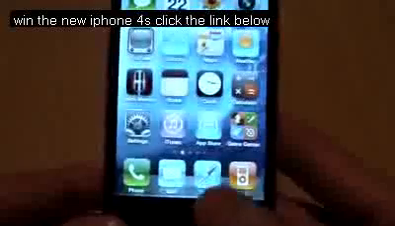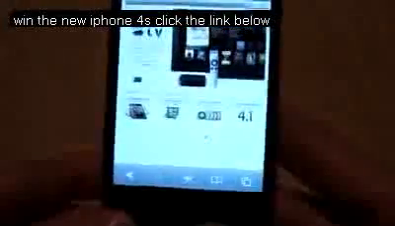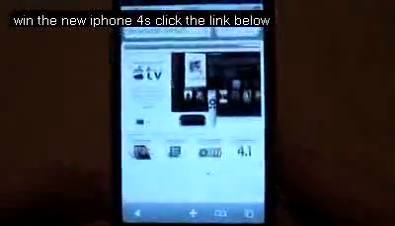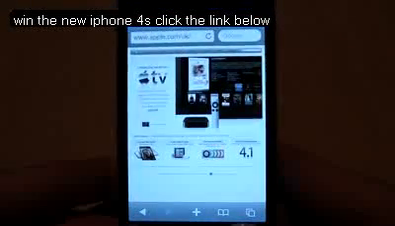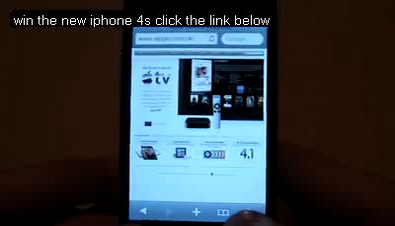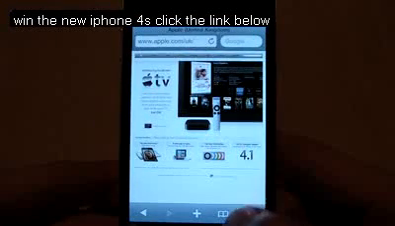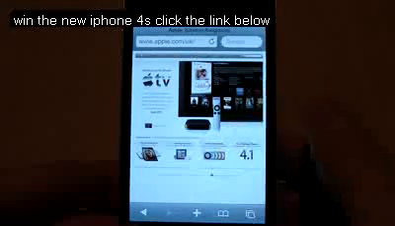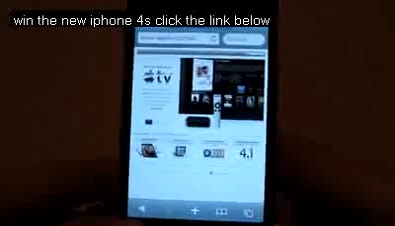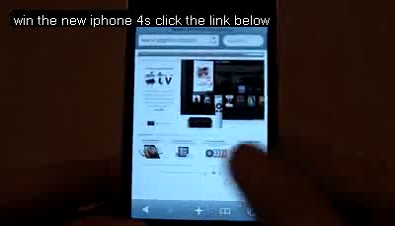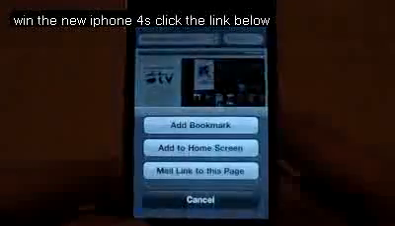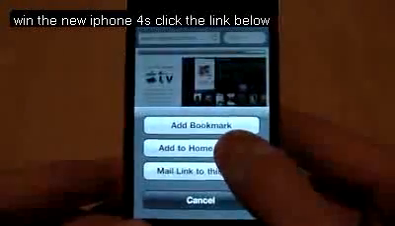Tip number 4 is web clips. So if I go into Safari again, here I am on the Apple UK homepage. If I want to maybe keep a link to this on the home screen of my iPhone, you can do this with any web page. It doesn't have to be the home page; it can be any page of any website. Just hit the plus button here, click Add to Home Screen,